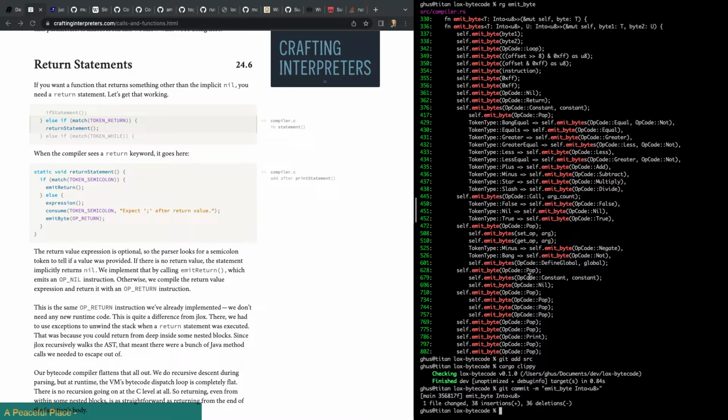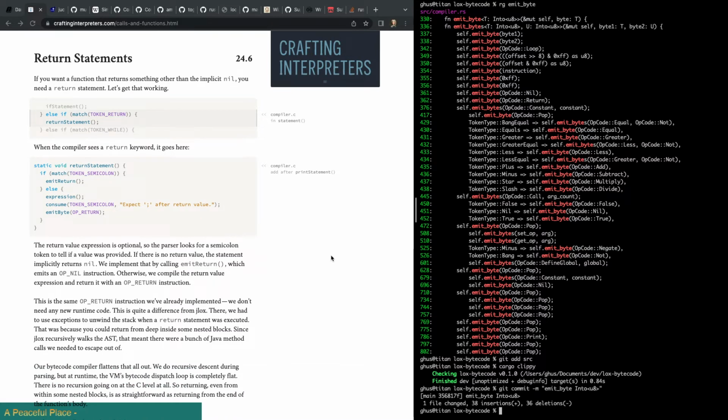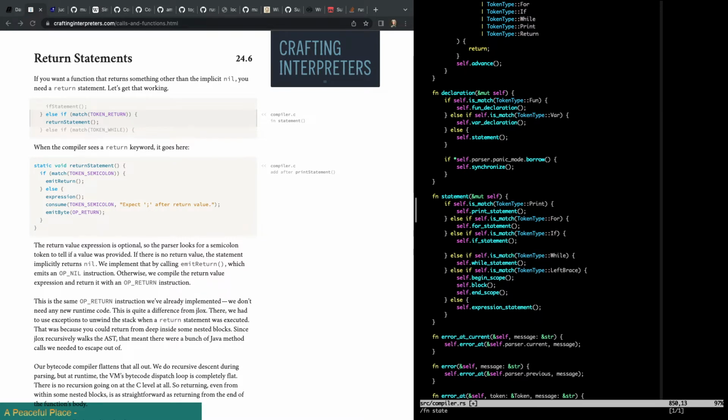All right. So let's get to return statements. This is what we came here for. If you want a function that returns something other than the implicit nil, you need a return statement. Let's get that working. All right. So in the compiler, in statement, we're putting it just before while. Also self is match, token type return.